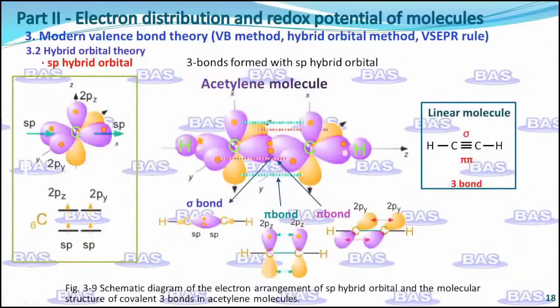Next, let's look at an acetylene molecule with sp hybrid orbitals. When the outermost orbitals of the carbon atom are hybridized into sp orbitals during the formation of the molecule, the orbitals and electron arrangement are shown in the diagram. One of the sp hybrid orbitals forms a carbon-carbon sigma bond with another sp hybrid orbital of carbon. The remaining sp hybrid orbital forms a